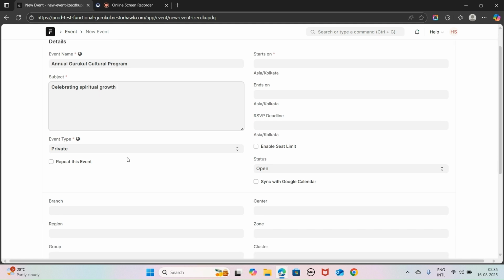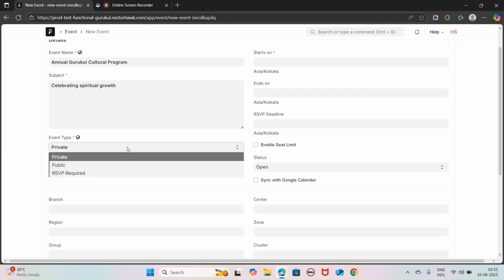Okay, done. And event type, there are three types of event type.